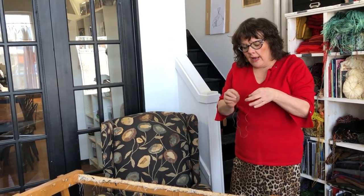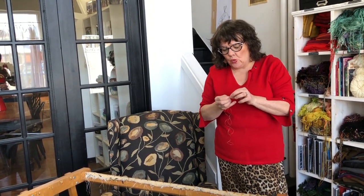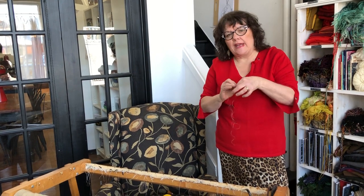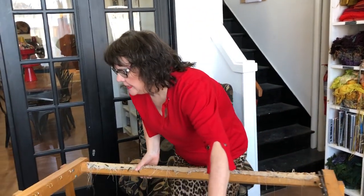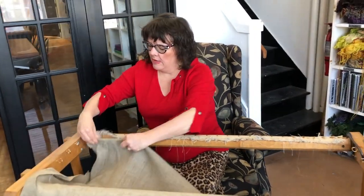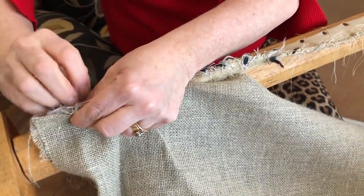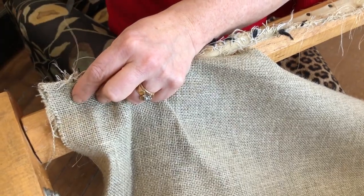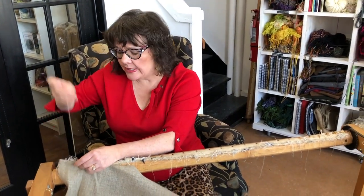What I love about hooking rugs is that, first of all, it's expressive. It is an opportunity to show what's on your mind, what ideas you have, but that's what comes later. In the beginning, it's about sitting down with yourself, taking a few minutes for yourself. This is already sewn on this end, and this is linen that I'm working on. I'm going to fold it over, put it together, and hand sew it with a loose stitch. In the beginning, hooking rugs is a beautiful chance to get away from technology, to get away from answering your emails, to spend time with yourself, to take time out for yourself,